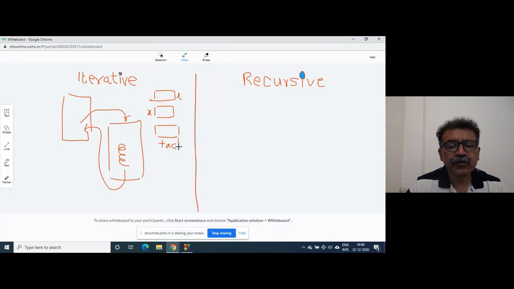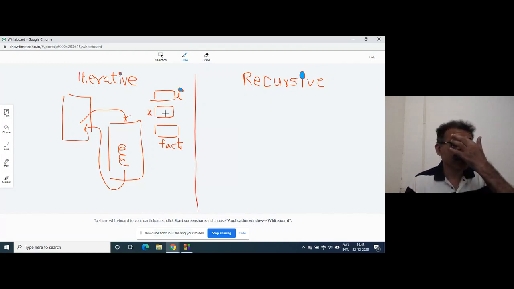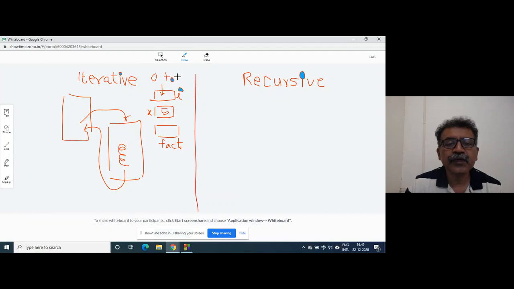If you can recall the code which we wrote yesterday. So i was the loop counter, and x was the number sent from the user, right? So it used to be 5, and i takes the value from 0 to 5, right? That was the i counter.